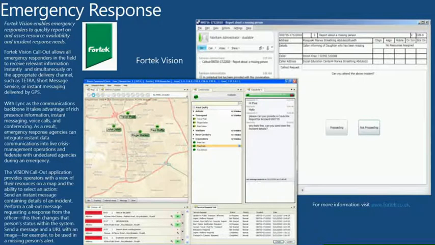One other example from the UK is in the emergency response. So when you need a fire truck, or what is called an ambulance. In this particular case, and by the way, you can see here, it doesn't look like Lync at all anymore, right? So this is Lync, embedded in that line of business application. They can see which cars are nearby, and they literally can scrape those cars and put them in a conference call, just an ordinary Lync conference call.